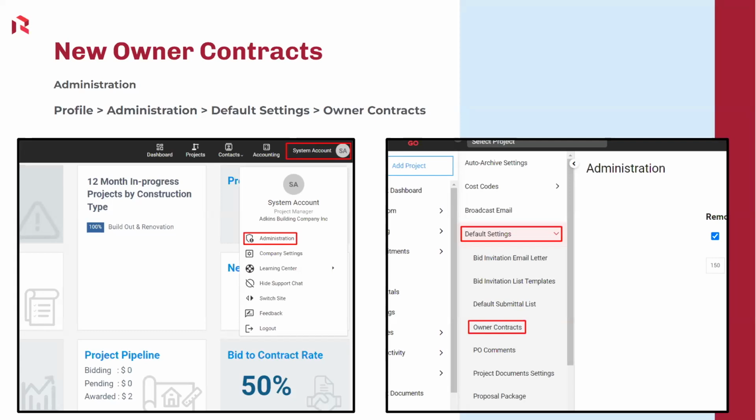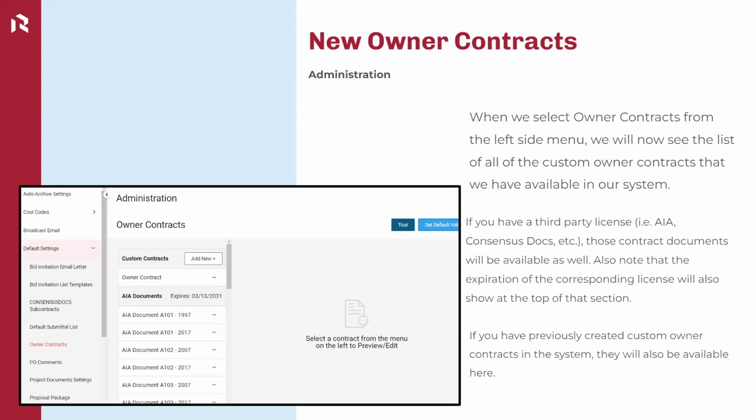And then when we move into administration, over on the left side, we're going to have a menu that says default settings. We're going to click on that to open that menu and click on owner contracts. So when we click into owner contracts in administration, we're going to see a list,